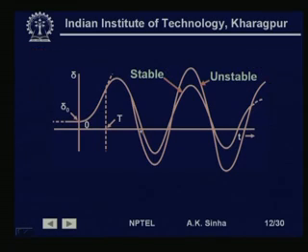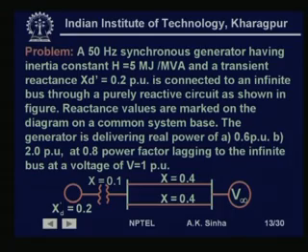We go through this second curve, where we find that these oscillations are gradually building up, and the system will finally lose synchronism, because delta angle will keep on going higher and higher, and after some time it will be a runaway situation. Now, let us try to see